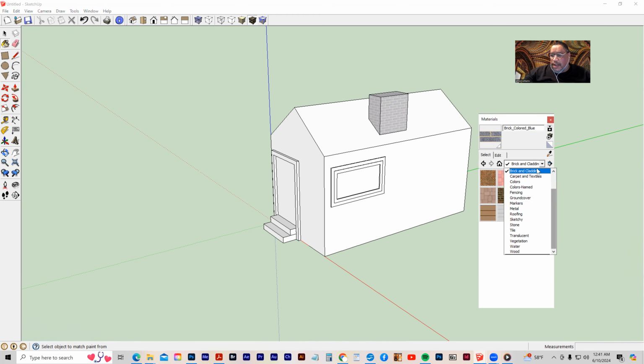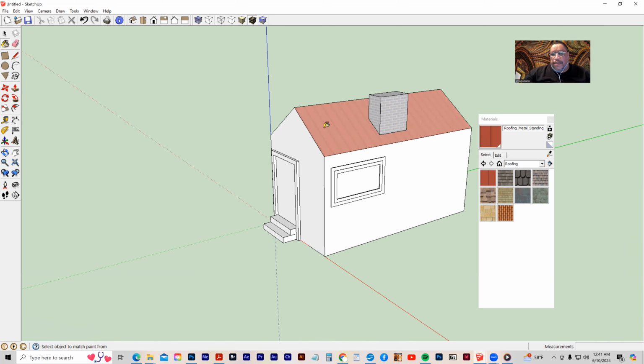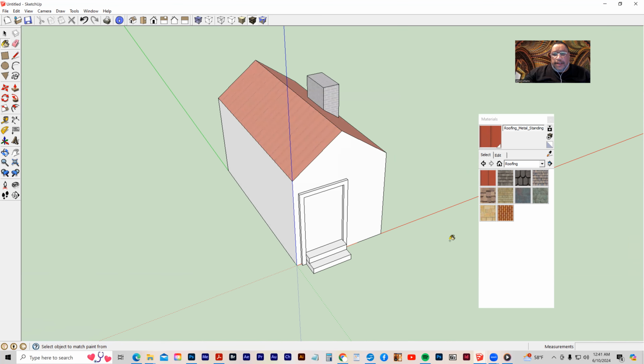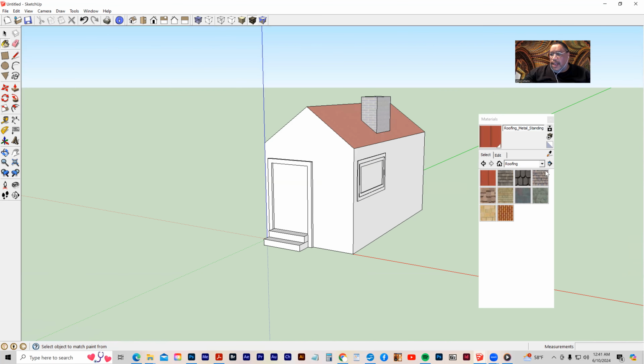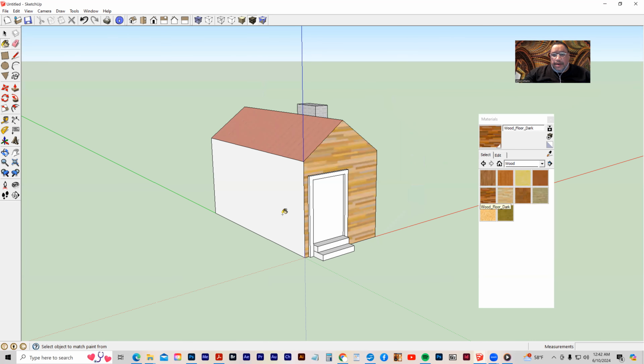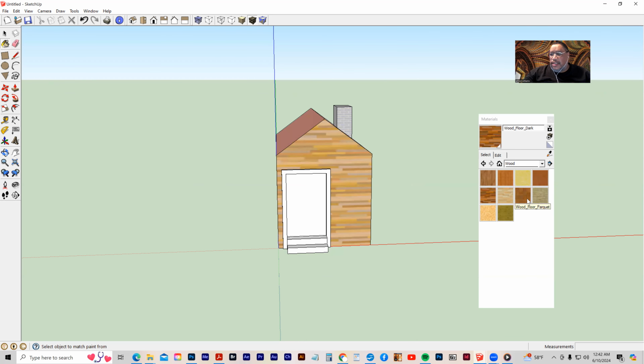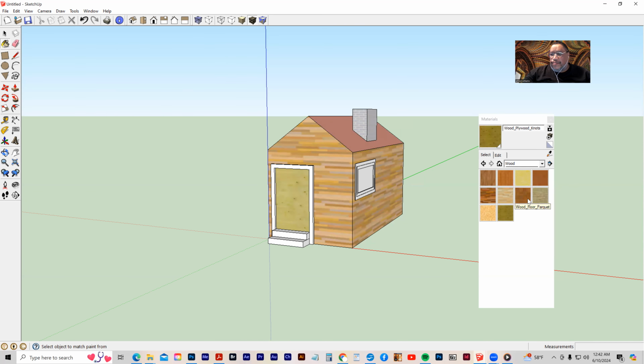And then let's find a color. Roofing. Let's find a roofing. How about this metal seam red for the roof? Looks good. And then let's use a wood for the exterior. Wood for dark. There we go. And let's use a different color for the door. And we can use something different for